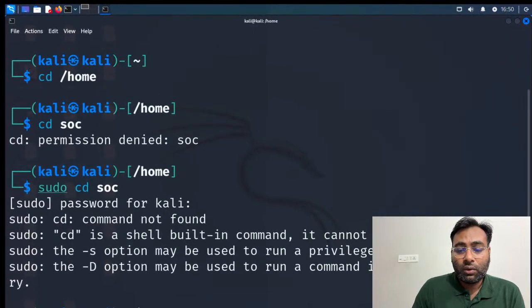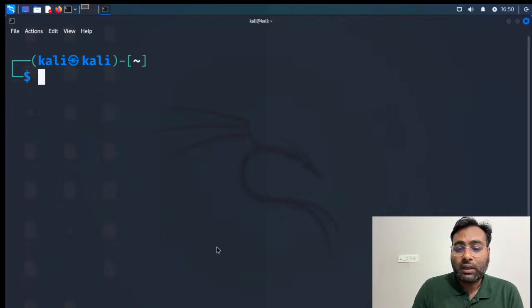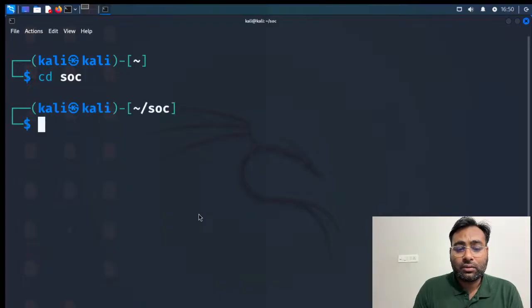So if you are already inside the directory, just like we have, suppose if we have into the Kali and now you want to provide some path, so what you can do, you can give the relative path, like I want to switch to the directory with SOC, so I can directly enter into the SOC. But if you want to locate somewhere else, suppose I want to enter the etc passwd from here, like this